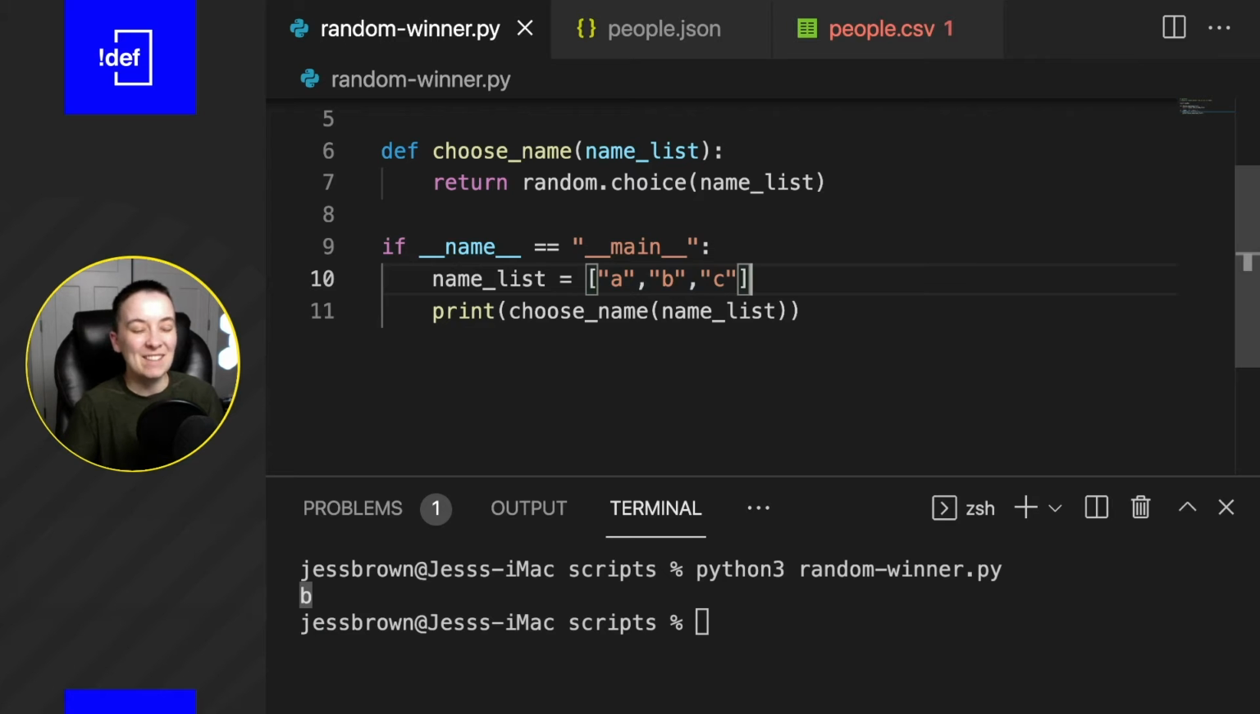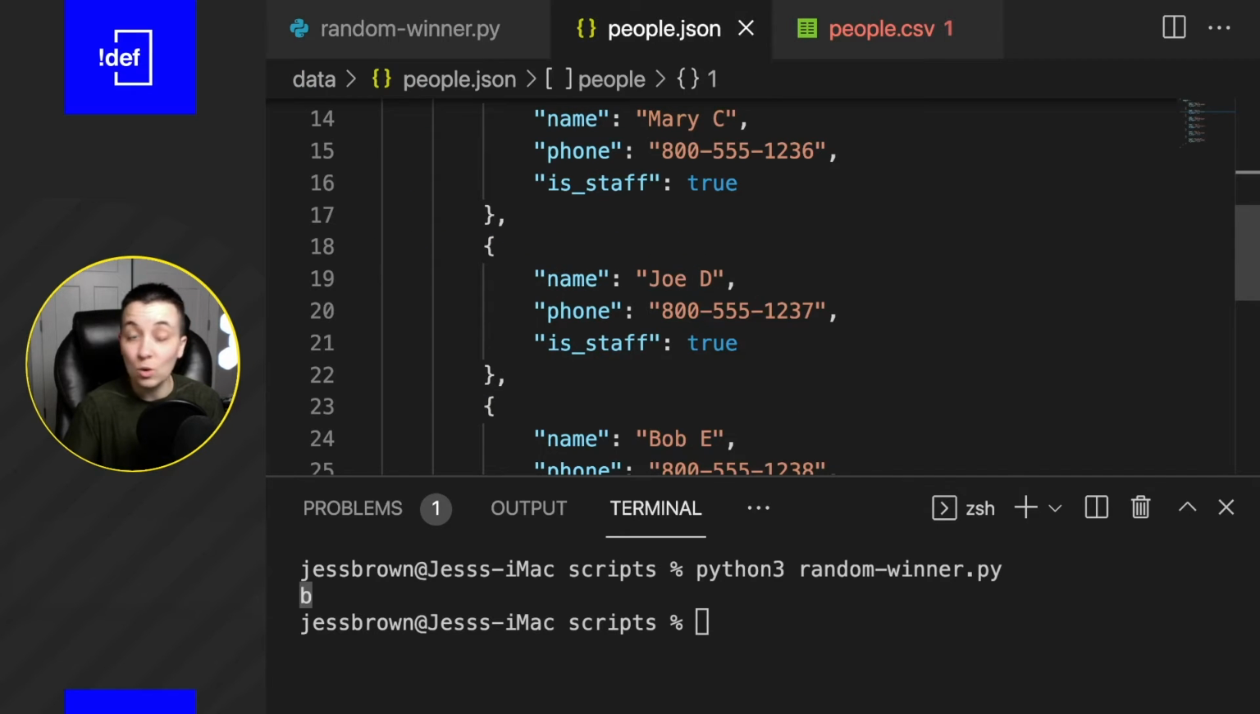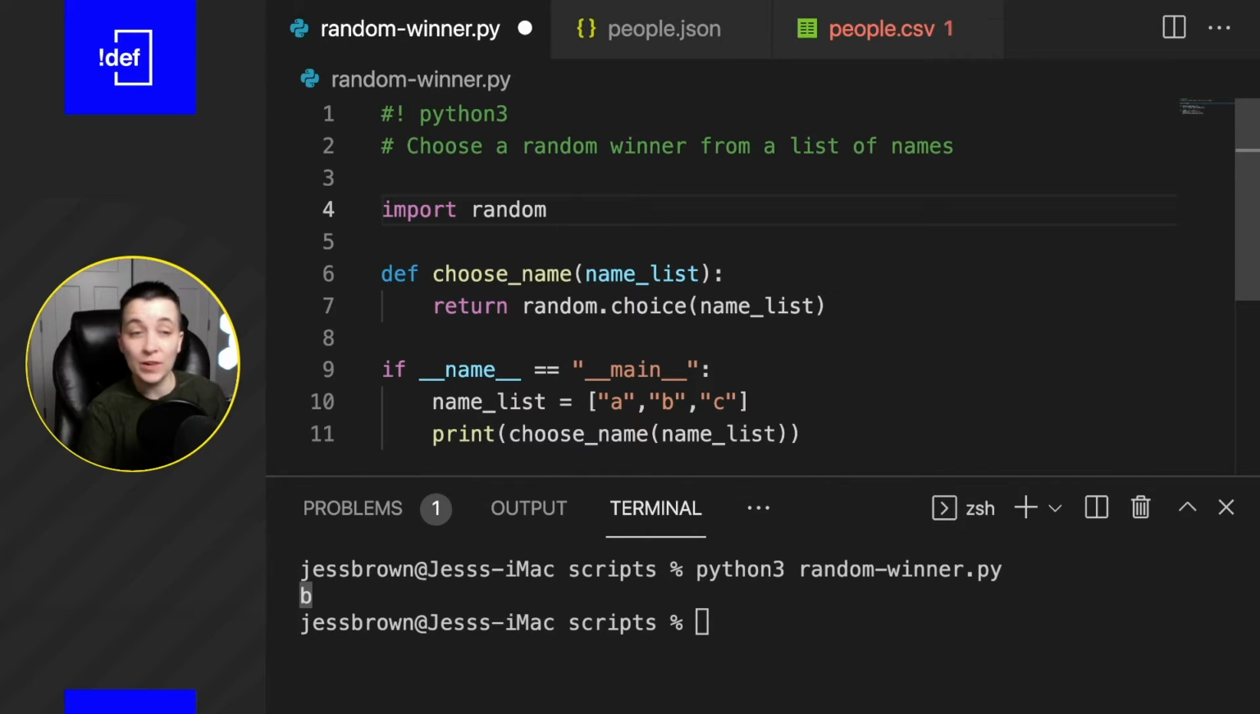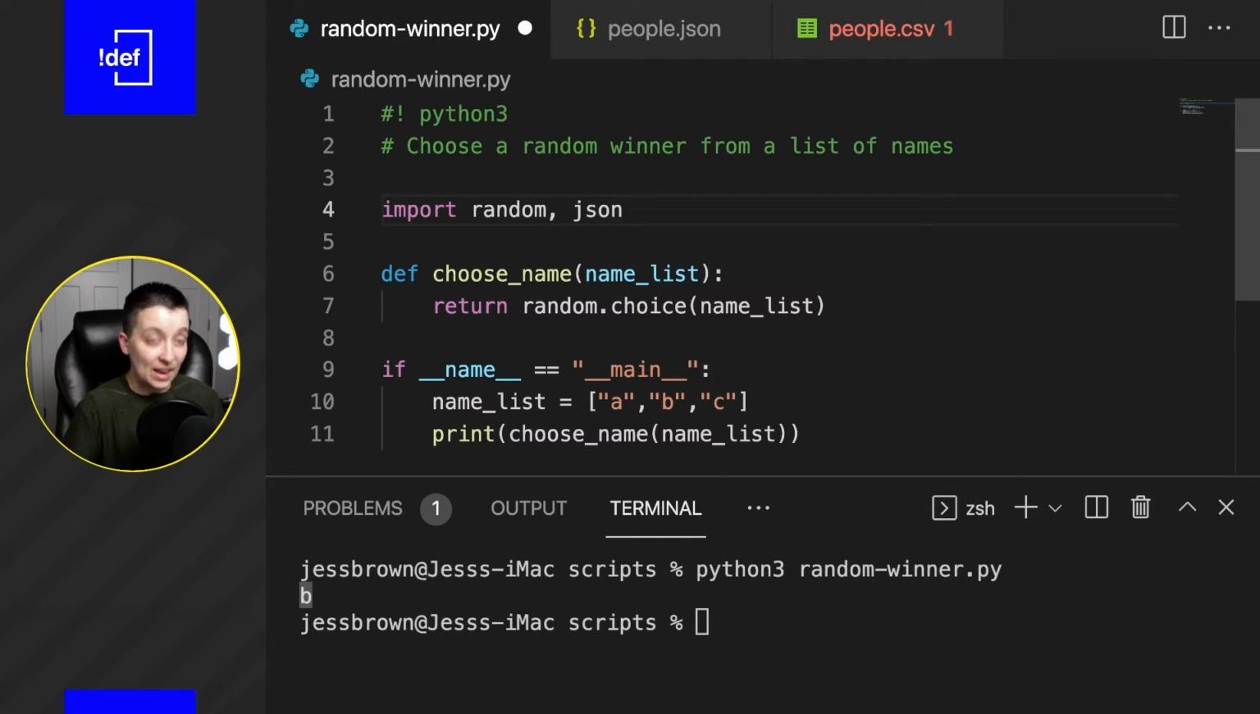However, we wanted to make this even more automated, so let's go ahead and figure out how to import this data from JSON files or maybe CSV files, depending on which one you have on hand. Let's start with JSON first. We're going to add JSON to our imports up here, and then, again, this should be free without any kind